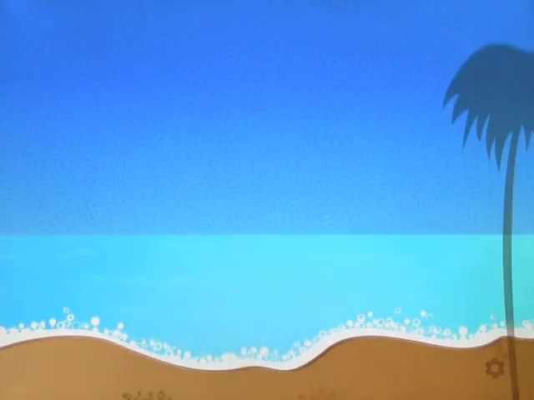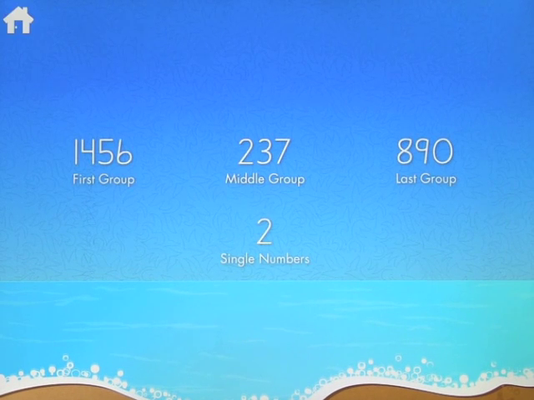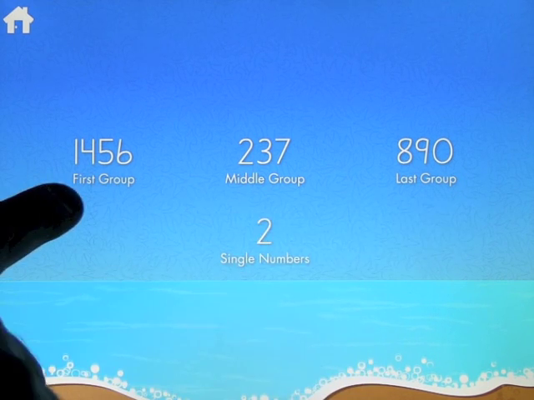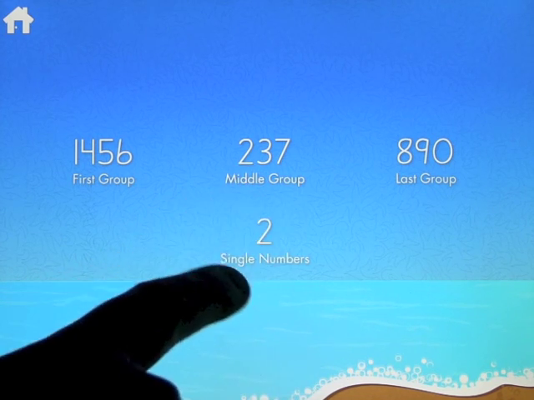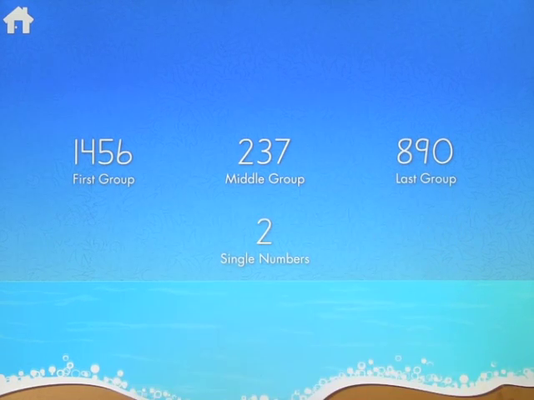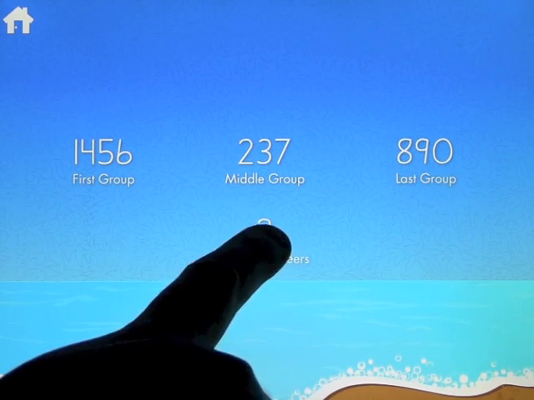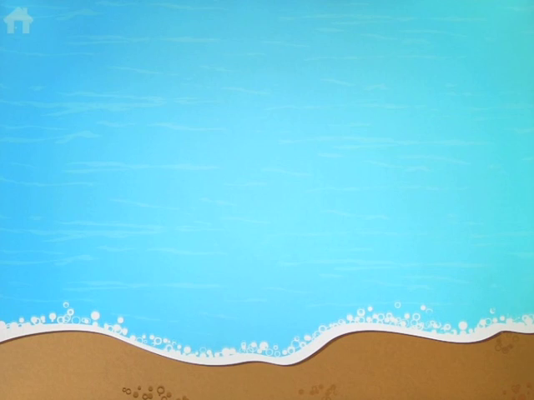Going back out, let's have a look at the final section, which are numbers. We work on different groups again: first group, middle group, and last group, based on different things, where you've got the first group of 1, 4, 5, and 6, then you've got 2, 3, and 7, and of course you can notice the different shapes that you're working on, and then the last group of 8, 9, and 0, and then single numbers. So as you click on a single number here,